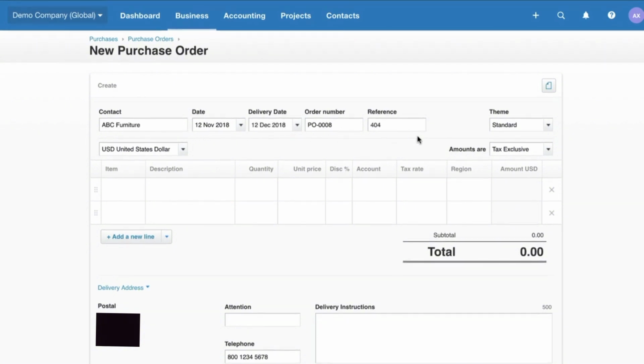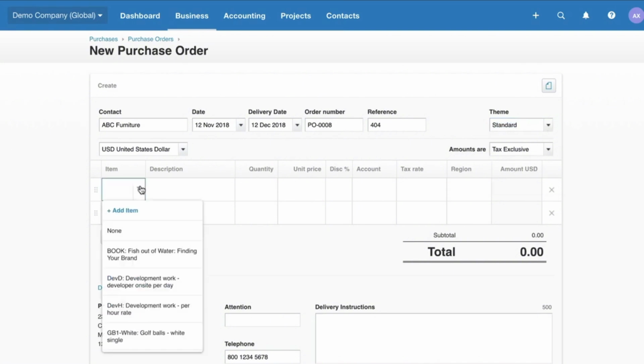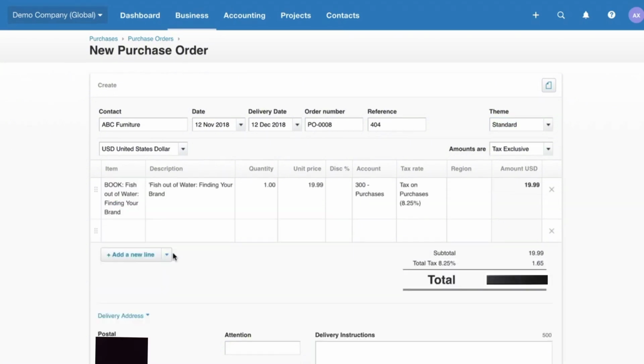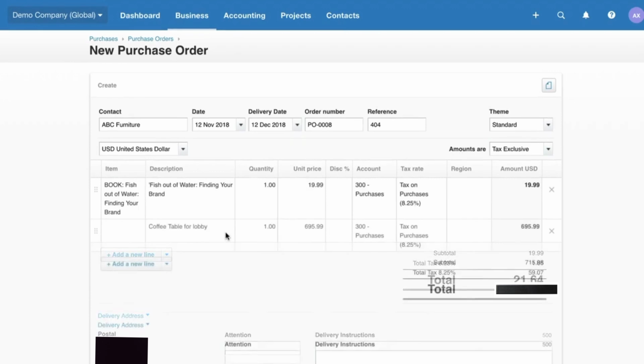Then enter basic details such as the name of your supplier, and set the date for the purchase order. Delivery date and reference are optional but can be filled in if needed. Next, choose a branding theme if you have set one up to customize the appearance of the purchase order according